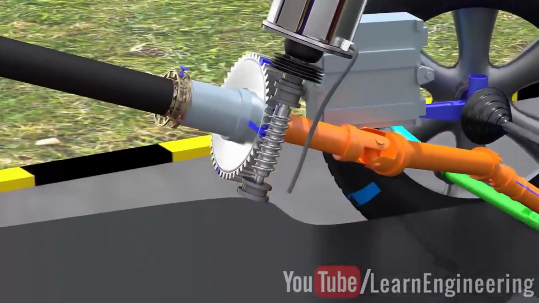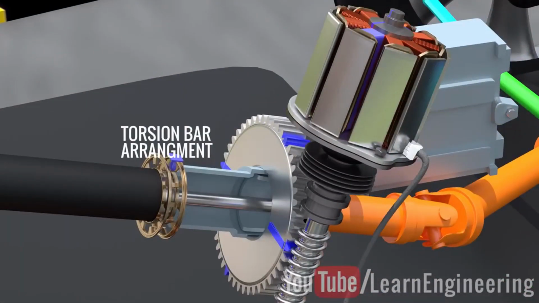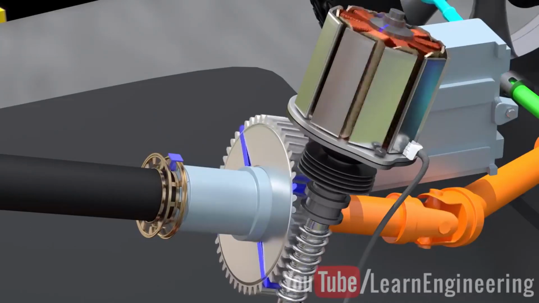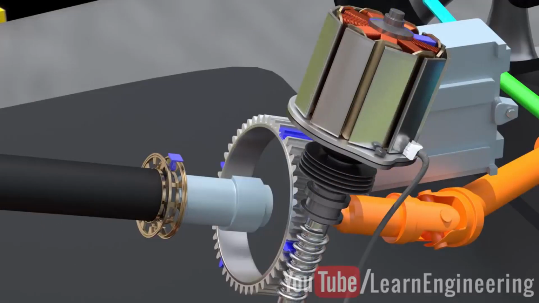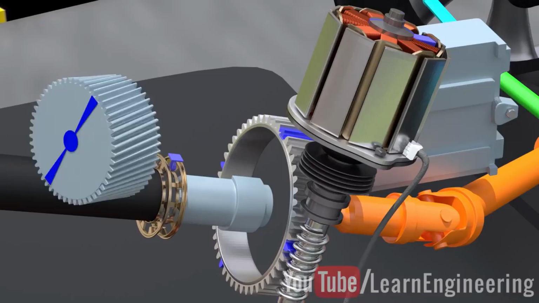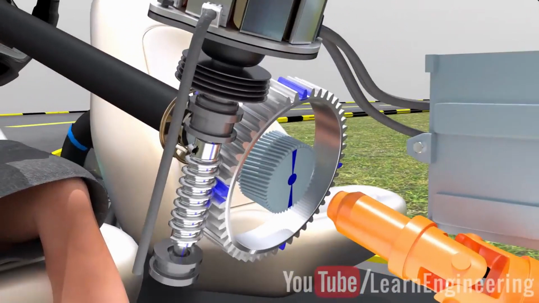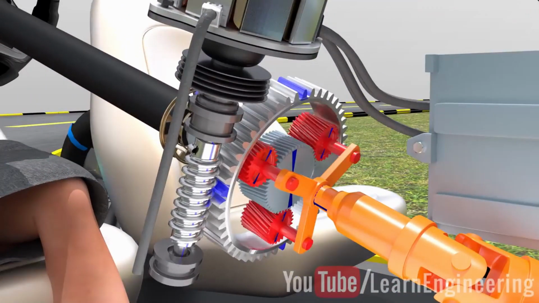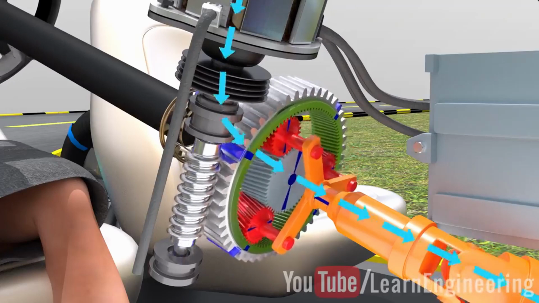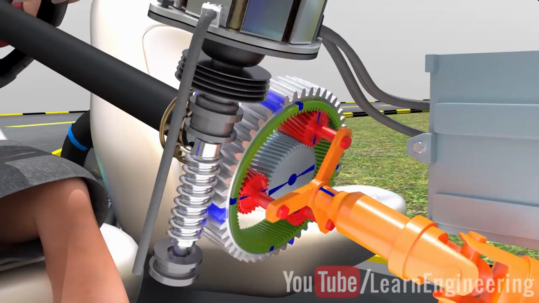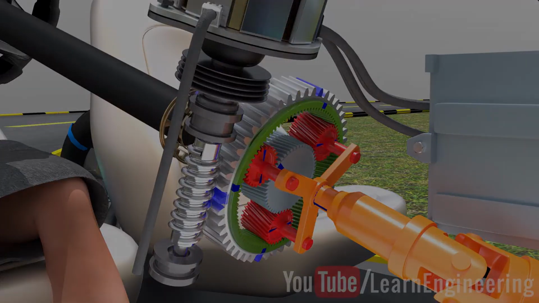A Hall effect based sensor and torsion bar arrangement is used to measure the driver's input torque. Due to the motor's power assistance, the steering wheel rotation becomes effortless for the driver. The rotation from the steering wheel passes through a set of planetary gear sets. The output is drawn from the carrier and worm gear, and it also becomes a ring gear for the planetary gear set. During normal operation, power from the ring gear will be easily transferred to the carrier. In case of a motor failure, the ring gear cannot move. However, the driver's manual rotation of the sun gear will be transferred to the carrier and finally to the pinion gear. Thus, this is how power steering works.